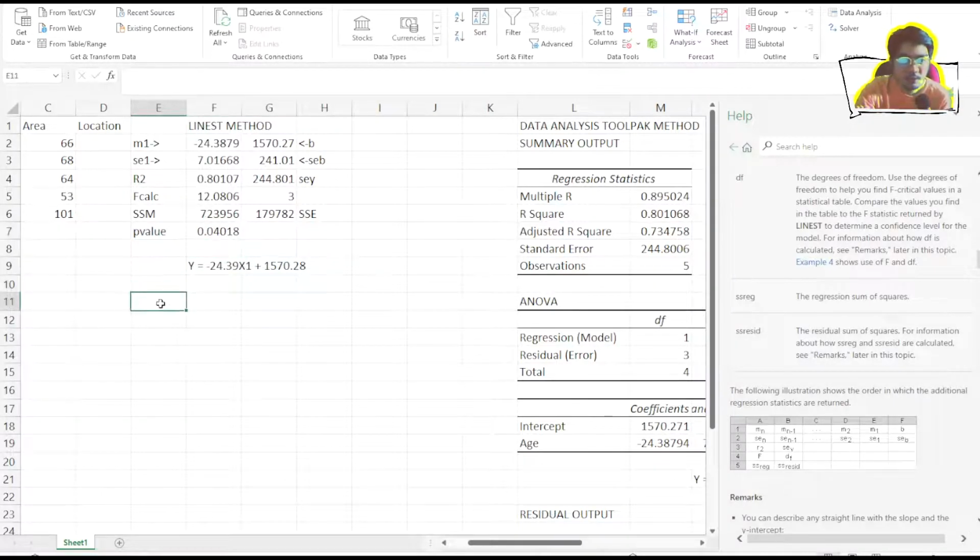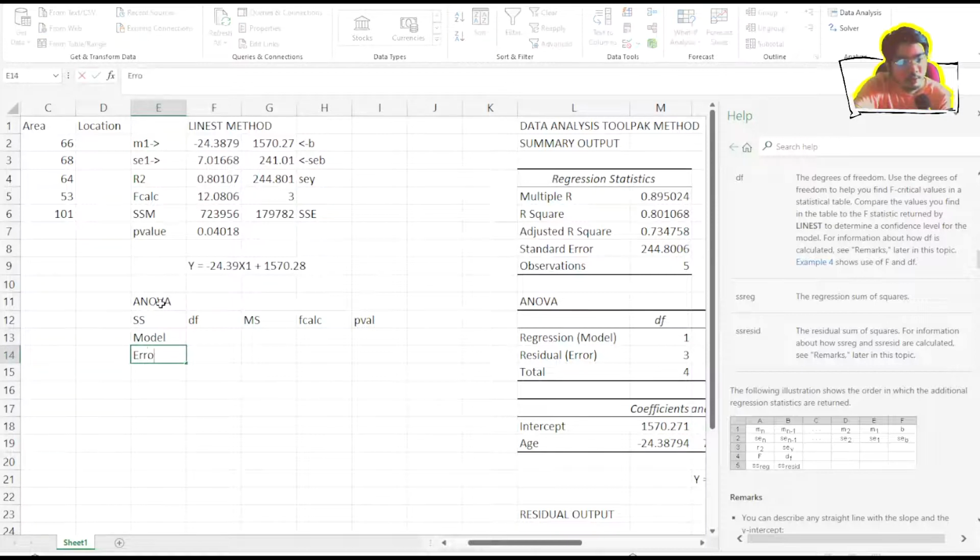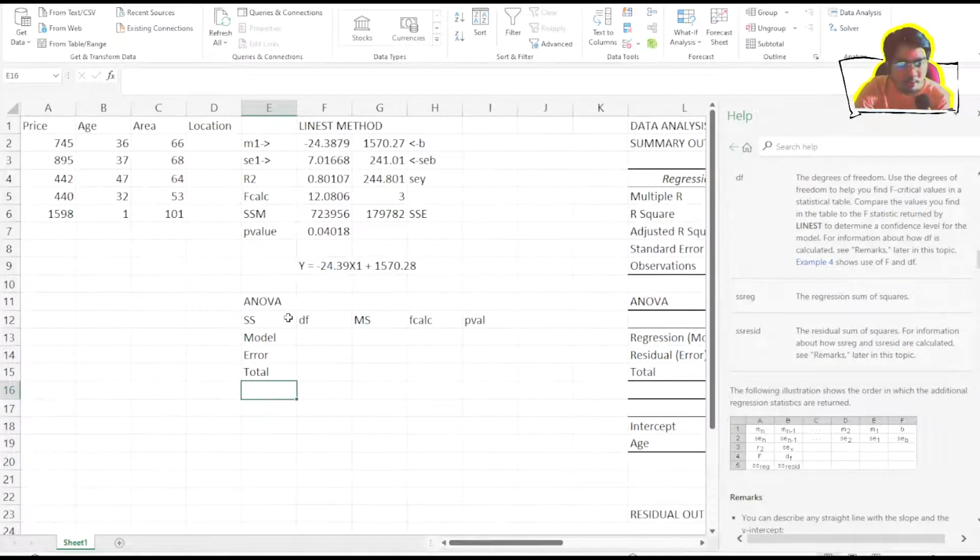So if you do this, makakabuo ka pa rin ng ANOVA table mo, no? So we have SS, DF, MS, FCalc, p-value. Tapos we do model, error, total. So let's try to compute, no, kung same ba yung kuha natin. So if you do total,